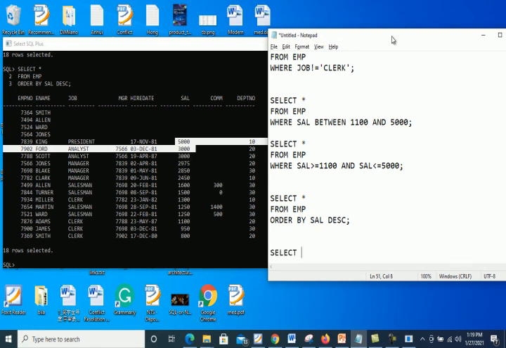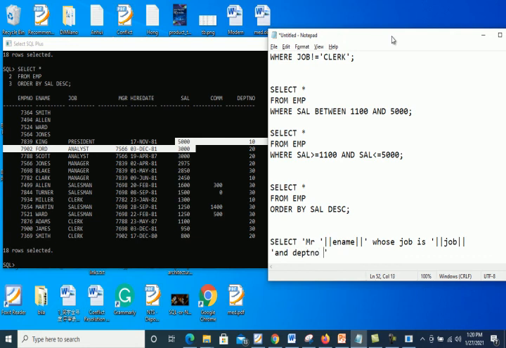For example, select Mr. This is the concatenation operator. ename, the column name, whose job is, here use the column name job, whose job is job, and department number is department number, and so on.